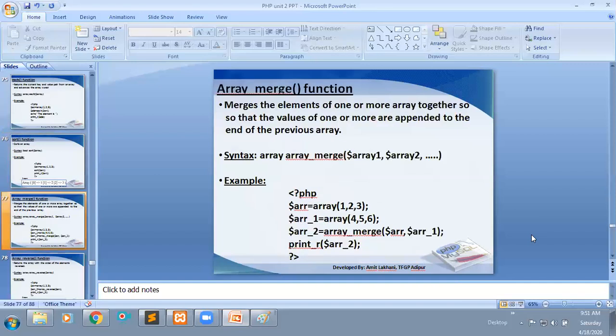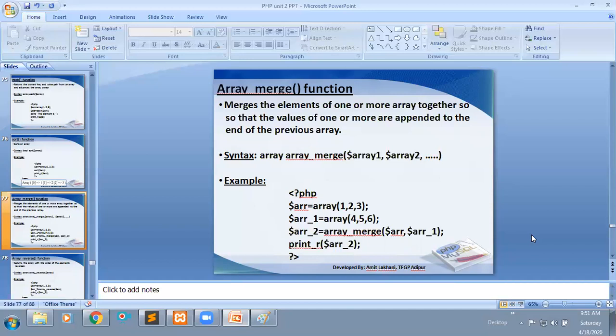Next, array merge function. Just simple. For example, I have 2 or more arrays in my hand, and I want to simply merge all the arrays present in my hand. Just go for the array merge function.